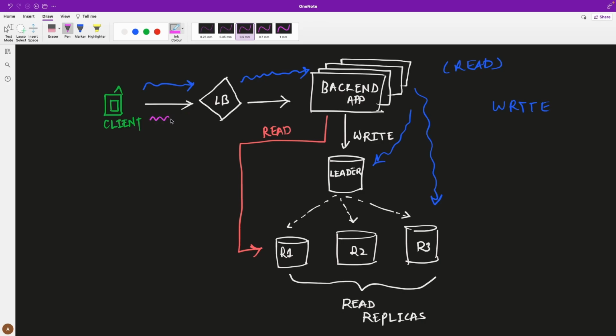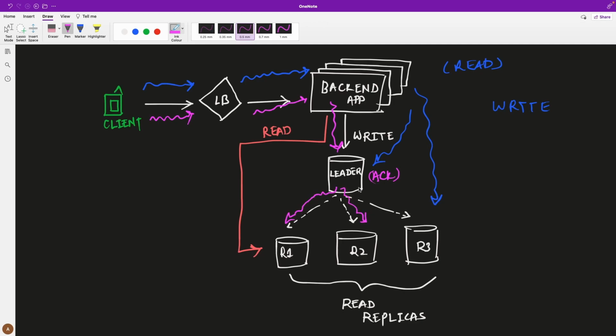So you got the write request from the client, right? The load balancer will decide which backend instance should handle this particular request. Let's say it picks the first one, and then this backend will write to the master node, right? Once the data has been persisted, it returns the ACK to the backend application, and it also replicates this operation to its read replicas.